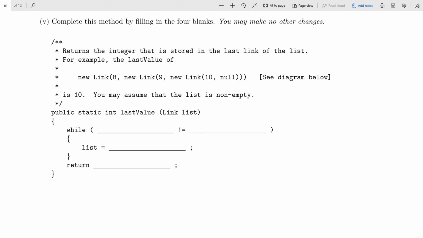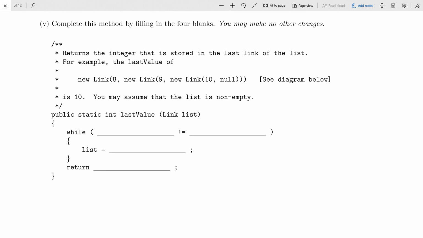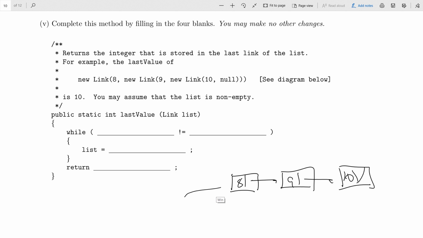Okay, this is the same example list. It keeps promising the thing later, and it never comes. I think what I had to do was actually draw the thing in on the original. Somehow it didn't make it here. But anyway, now I want an iterative method to determine the length of the list. Now, I want to return the integer that's in the last link. So if I've got this again, 8, 9, 10, I want to get the 10 back. This should return 10. If I pass a reference to that link, I should get 10 out.